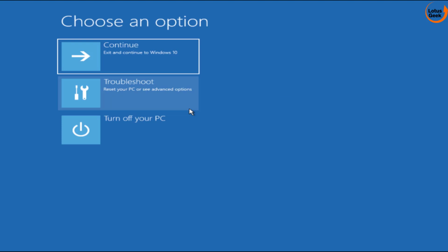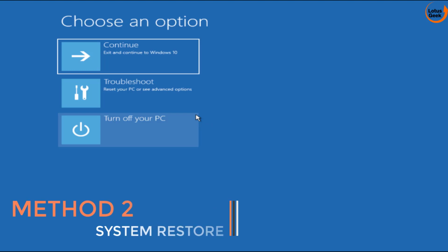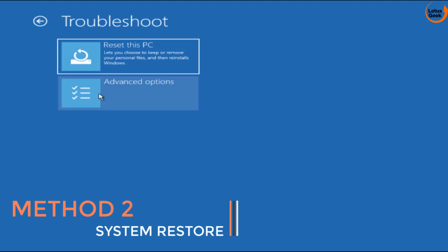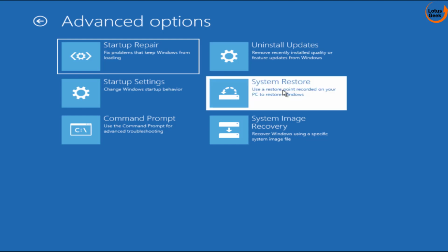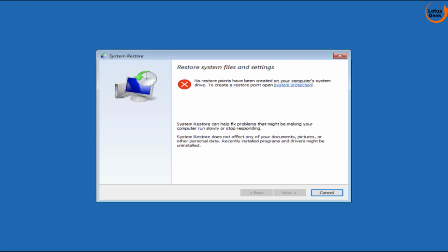Now here again comes the troubleshooting screen. Now proceed with the second method if the first method doesn't work out for you. Choose troubleshoot, advanced options and choose here system restore. System restore means if you have created any system restore disk, it will help you restore to a previous stable restore point. At my end there is no restore point available, that's why it is showing me that it can't be restored. If at your end there is a restore point you have created, then proceed with the on screen instructions and it will help you fix this particular issue of yours.